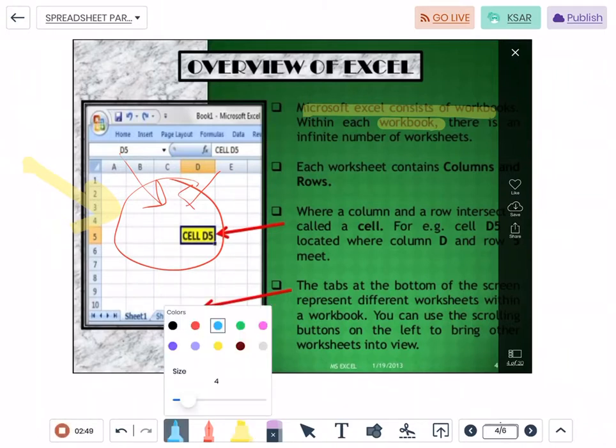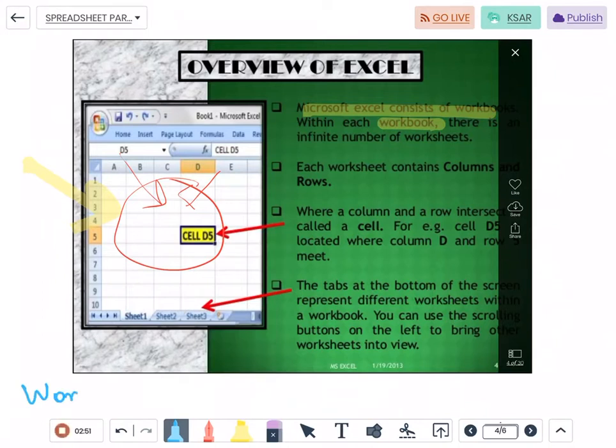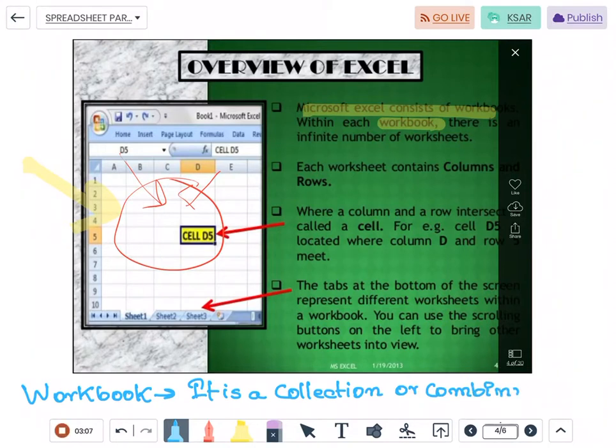Okay, workbook, it is a collection or combination of worksheets. Okay, all right.